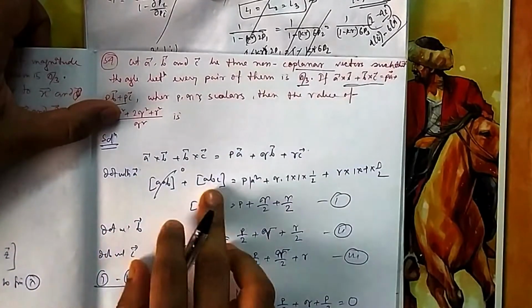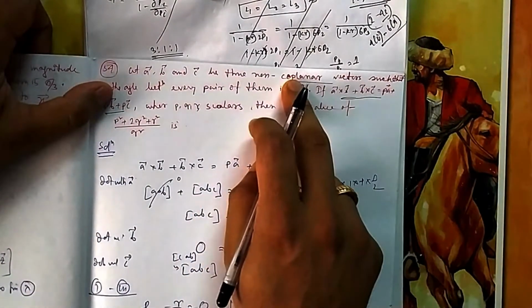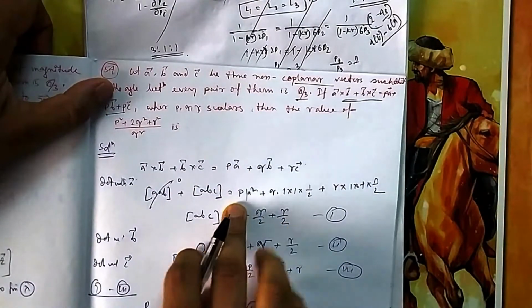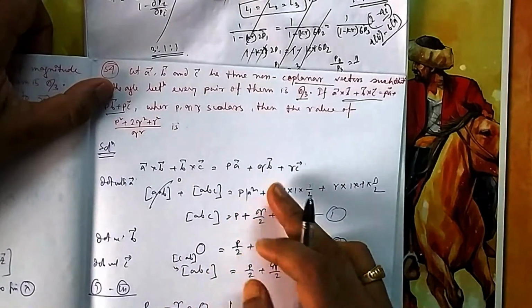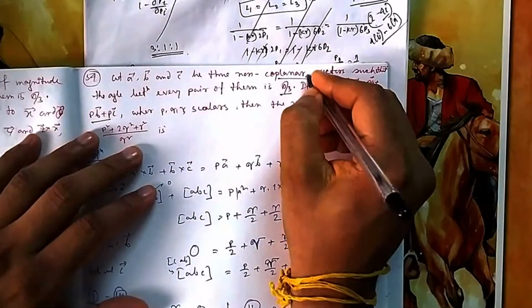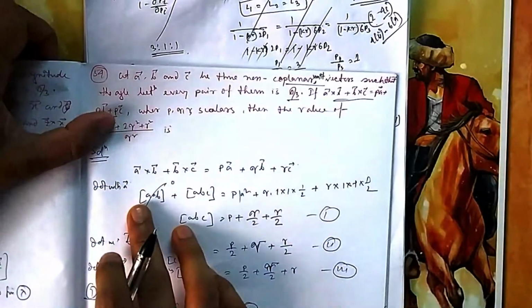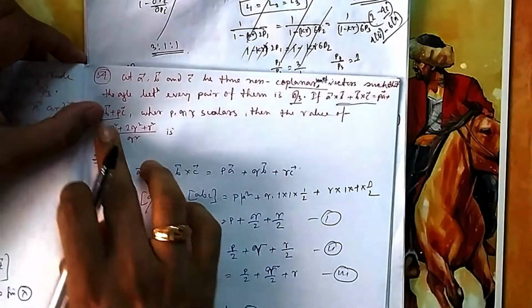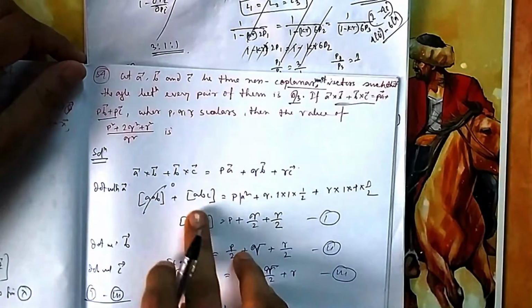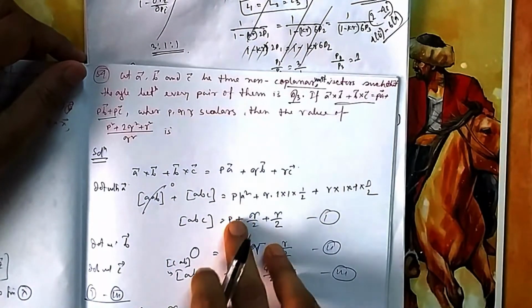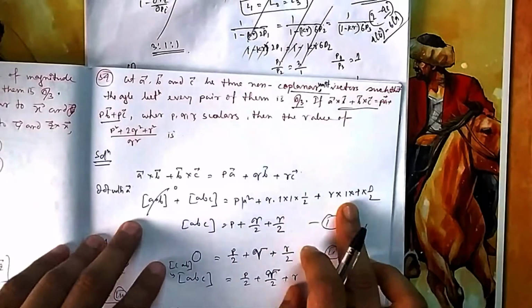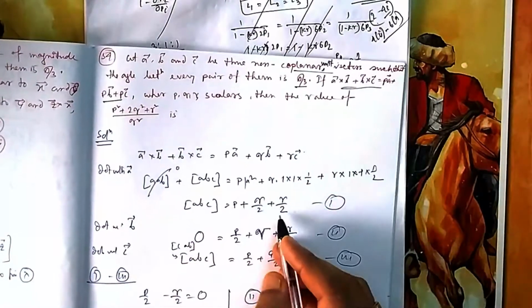Because if you dot it, it is box ABC, and because it is non-coplanar, you know box ABC is not equal to 0 also, and if you dot here, it will be P A square, then Q A dot B, or R A dot C. Now you can dot with A, because it is unit vector, angle is also given, so these dots can be easily done. So if you dot, A B C is box ABC, and this A square, the A's magnitude is 1 unit vector, and Q A dot B, you can find, angle between them is given, R A dot C also you can find. So box ABC is this one.